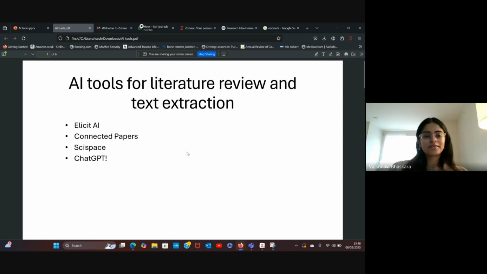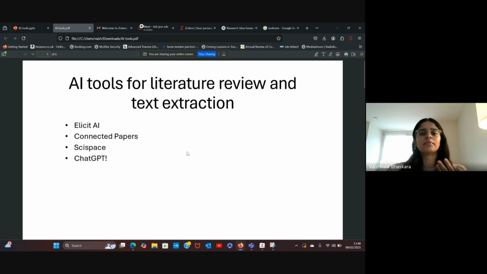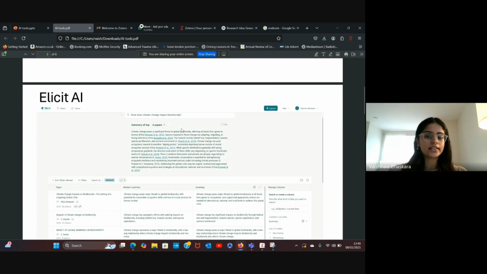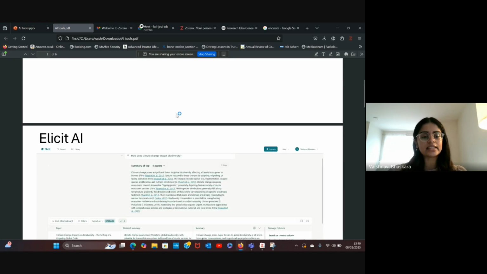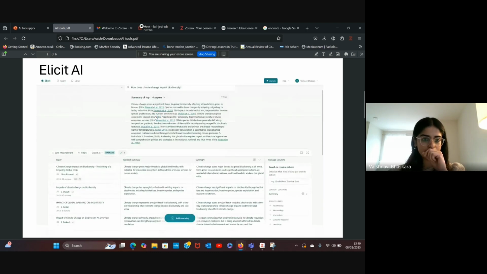Yes, okay. It's not a very extensive set of slides or anything, but it's just to go through how we can be smarter about literature review and text extraction, how you can use AI tools for your references. Because like we've discussed and Pratibha ma'am rightly mentioned, as a student, time is of importance, right? So if you want to be a little more rapid, I think these tools are very useful. There's something that I like a lot. It's called Elicit AI. I've taken an example of one very simple topic just to highlight how we can go about using these tools.